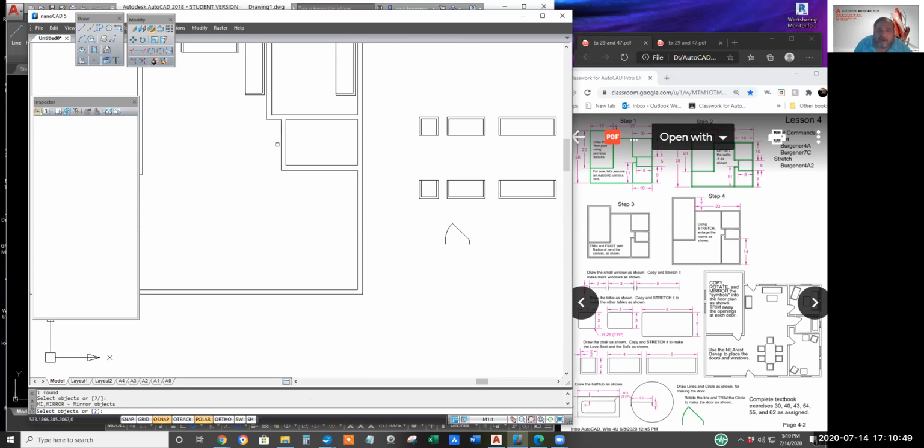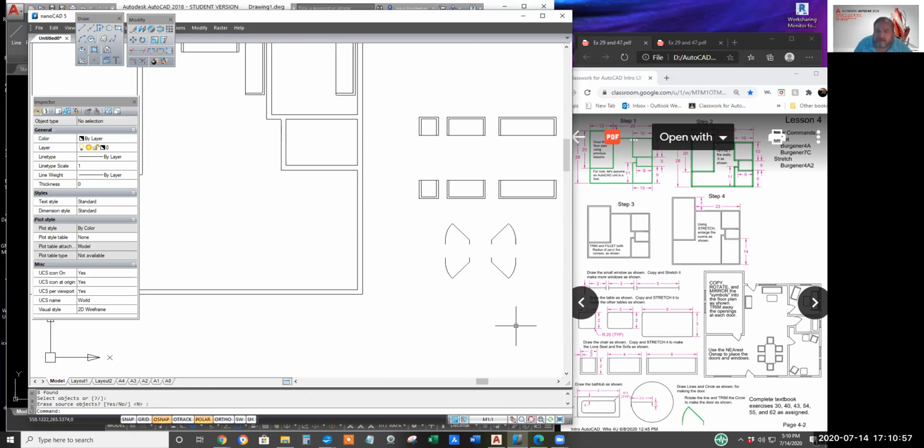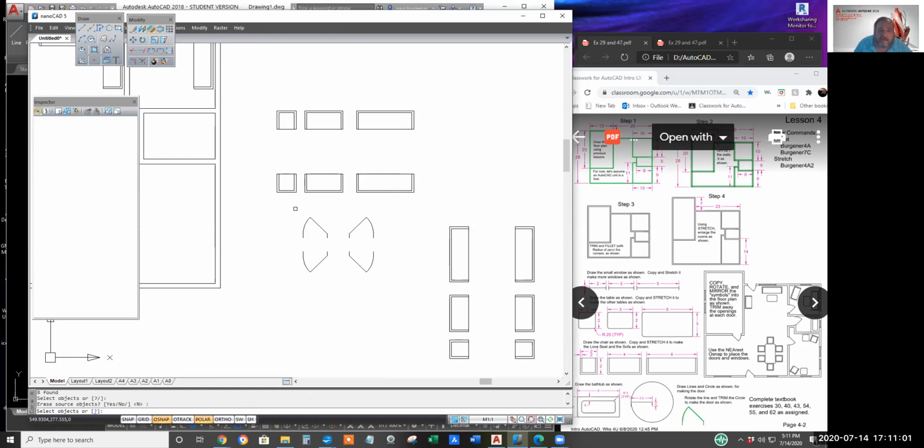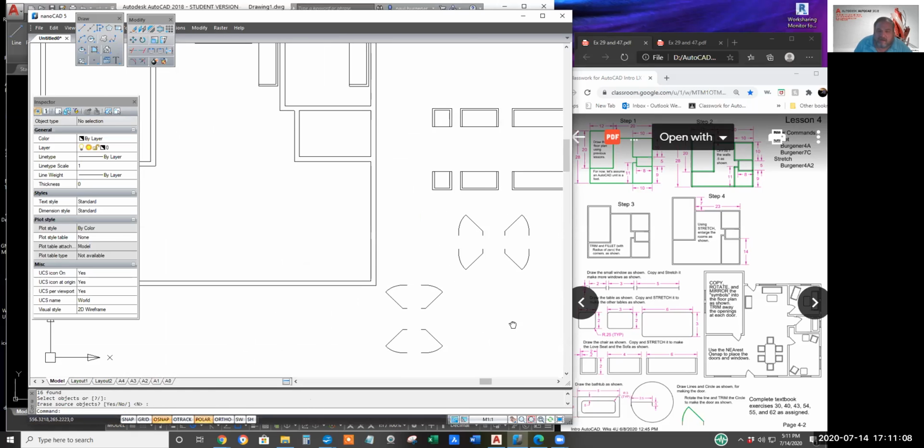Make a bunch of mirror copies again. Hitting enter, enter to replicate, to invoke the last used command. Make some at a 45-degree line. I believe one of these 8 copies will fit everywhere. The bathroom door would be this one right here.